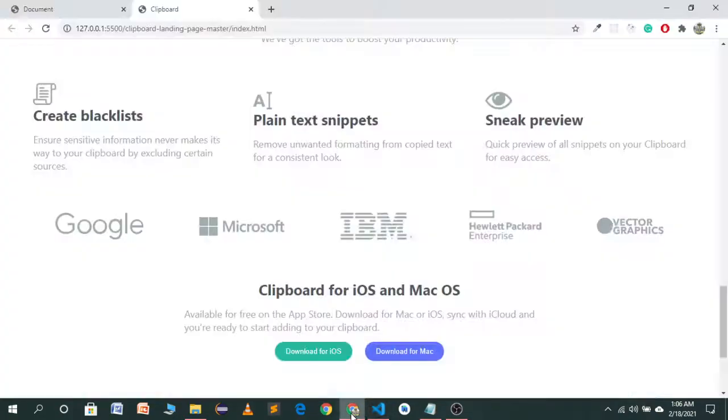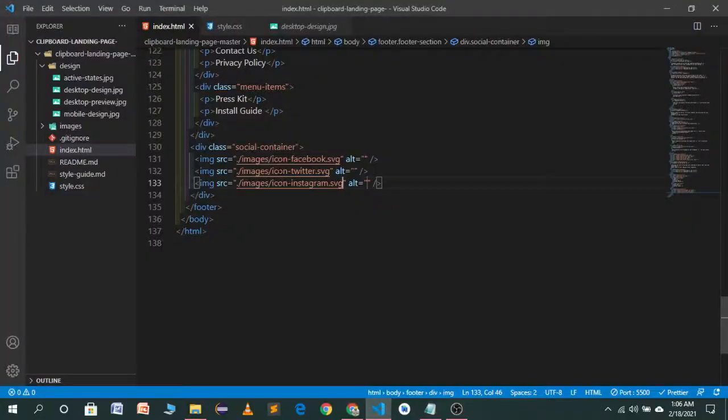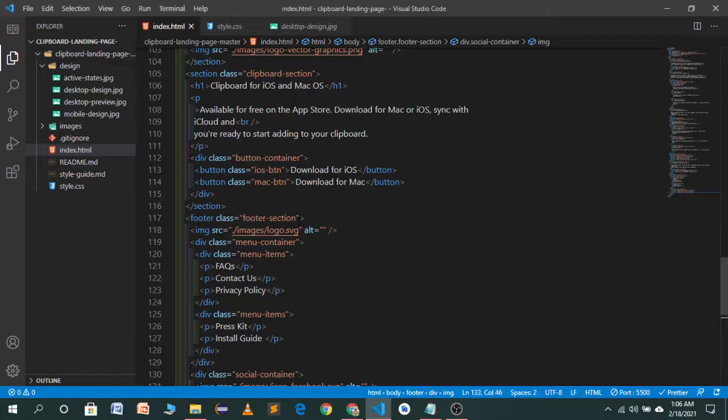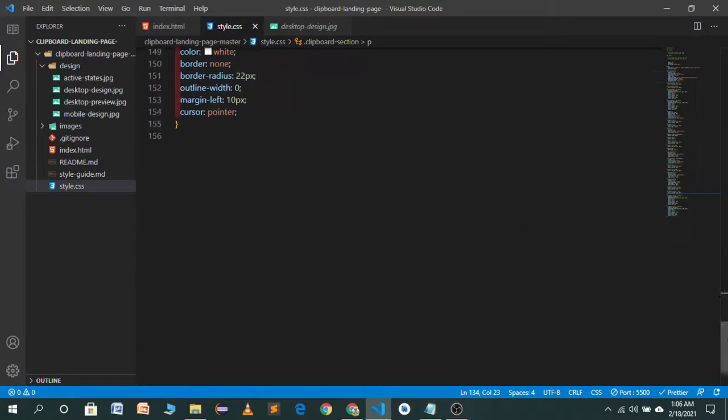Now let's move to our browser, and as you see, these are aligned vertically, but we want them in a horizontal direction. So the container will be the footer section. Copy the class name and move to our CSS file.